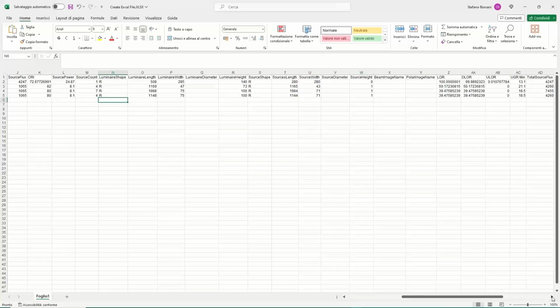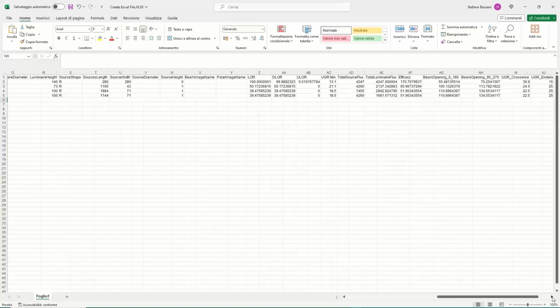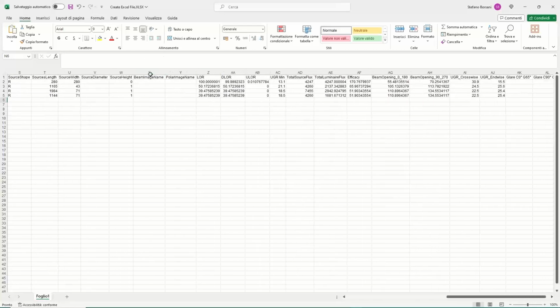The same set of parameters. After that, we have the X and Y columns, which are not used by this feature, the Better Plus, and the Z column. The Z column is very important because in here, the program reads the efficiency of the luminaire and inputs the value here. But it is a very essential point where you can define the efficiency you want to give to the produced,